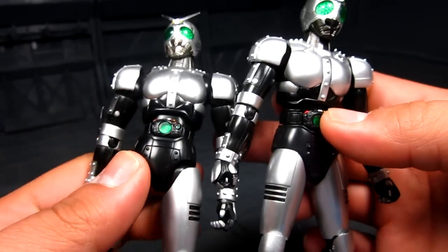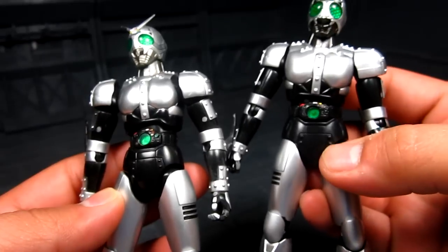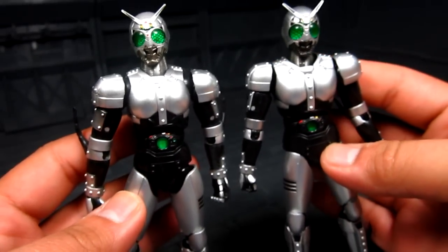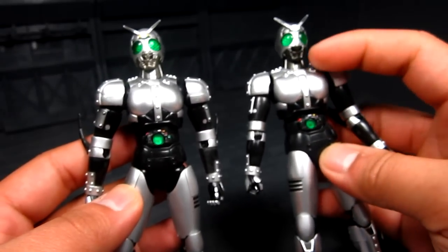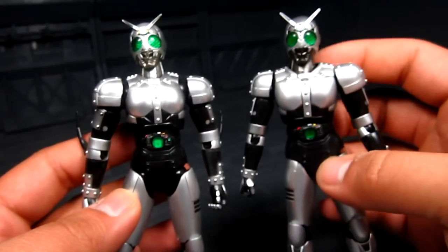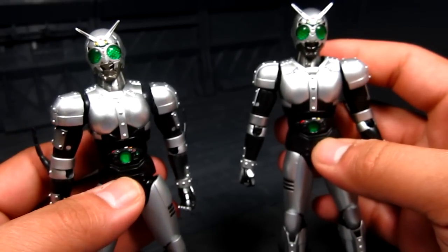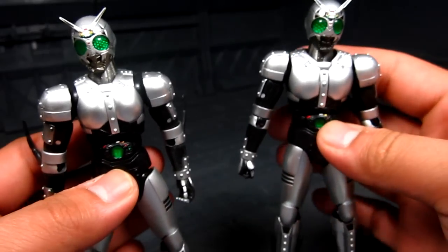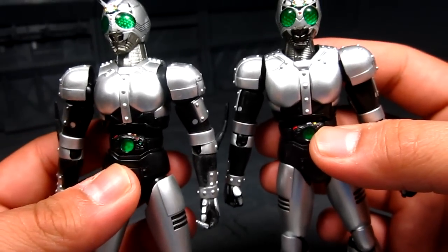Yeah, so very subtle changes. And honestly, from afar, it's kind of hard to tell. Other than the color again of the faceplate, this one's a little bit darker. So that's probably one of the few things that you can spot. Oh, this is the new one, and the belt is a little different there. Has more details. And looking at the silver they have,